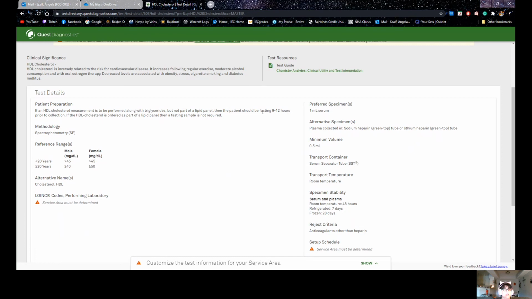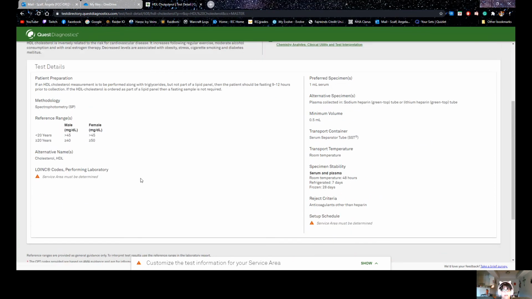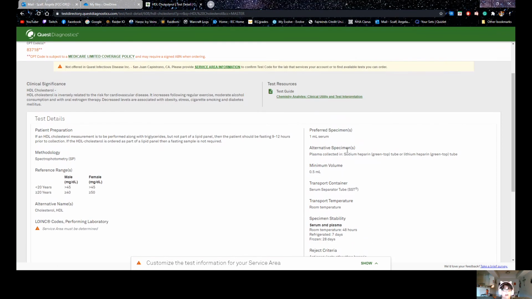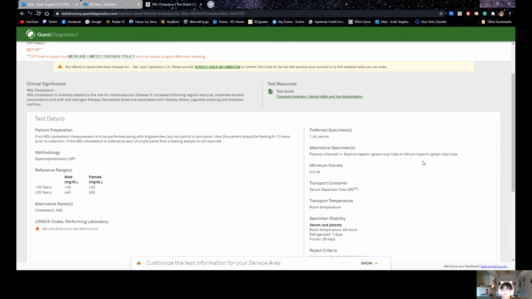Like I said, most doctors are going to have their preferences for what it is. But this is a really nice area that you can come to. If you're in doubt, you're not sure where to go, and you don't remember what it was, you can come to one of the Quest or LabCorp sites and look it up, and it gives you its additive, its tube, its purpose, and its range. All right, so I wanted to make this video to try to